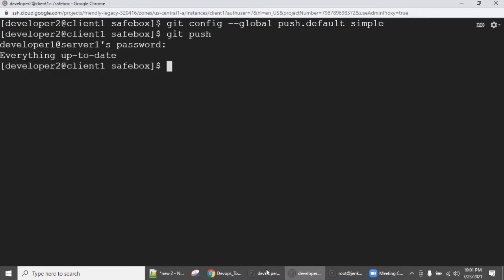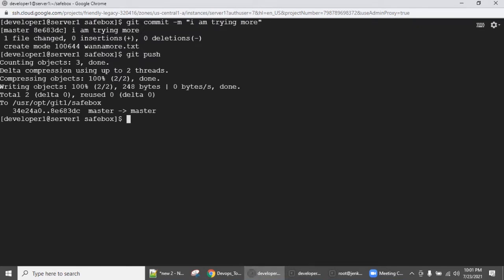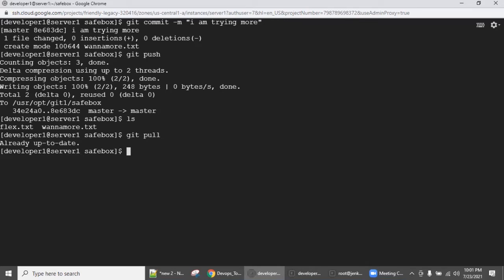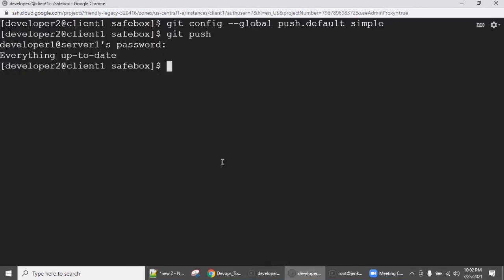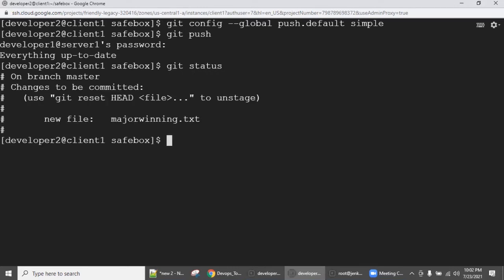Okay, so now you go back here, ls, git pull, ls. Now one more time, git status. Again, we need to run the commit command after declaring the push method.